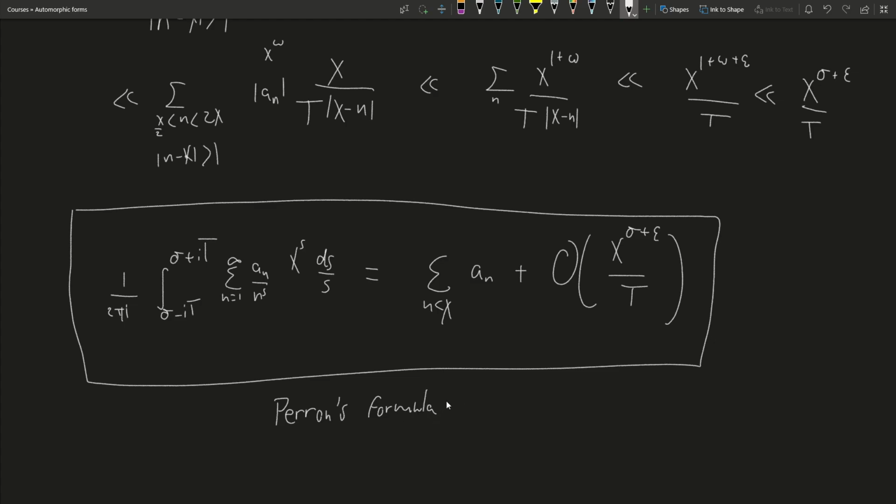And it is super, super useful. We are going to use this all the time to evaluate our partial sums, because these partial sums of Dirichlet coefficients are going to be the primary thing that we end up being interested in. So having this way of getting at them, and having this error term that's explicit, this is going to be the main tool that we use throughout the